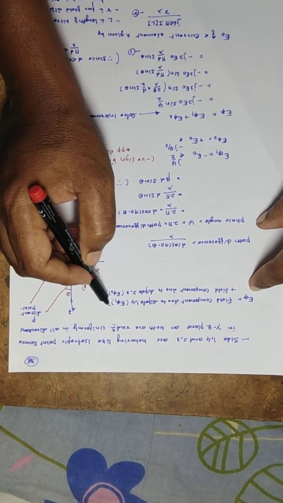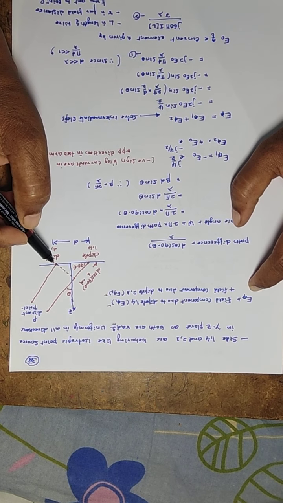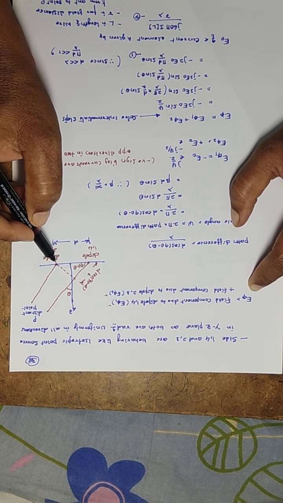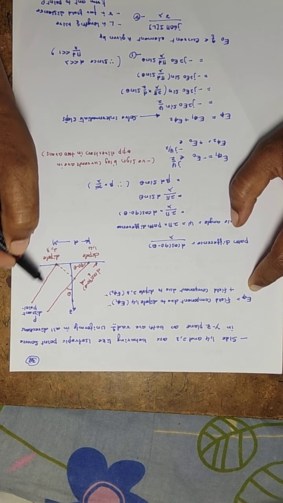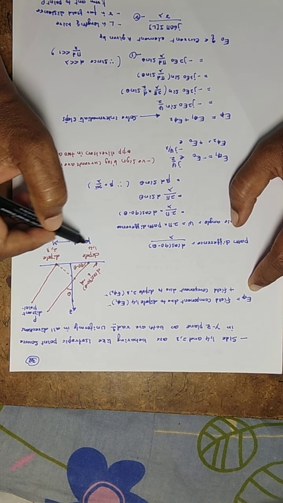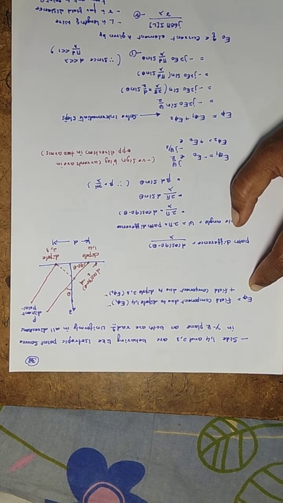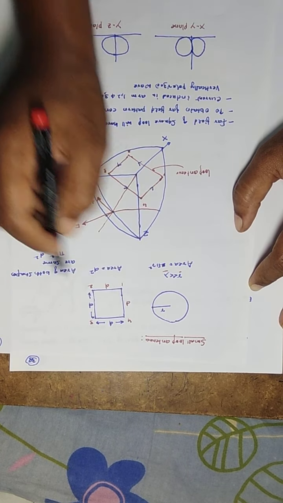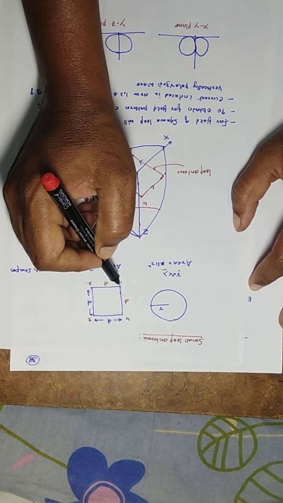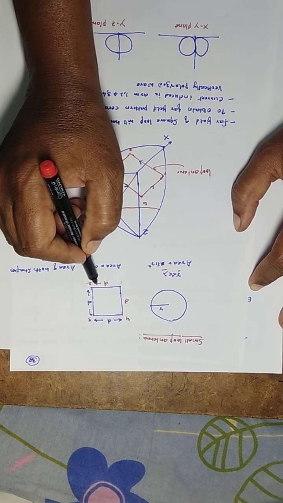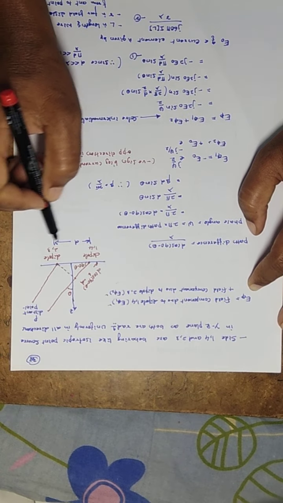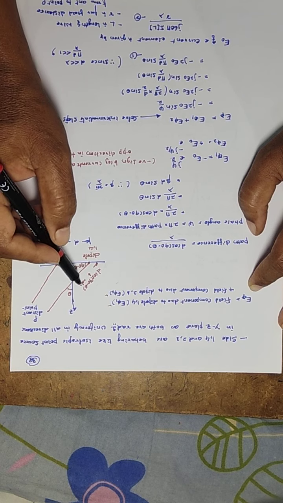I call them E phi 1 and E phi 2. This is the dipole due to the 2, 3 arm. This is the dipole due to the 1, 4 arm. Point sources I have considered. And this is the path difference. If I call the dimension D, here I have not shown it, but the dimension of this one is D. This is also D, this is also D. So the distance between 1, 4 and 2, 3 is D. This is one point source, this is another point source. So this is D, and this is the path difference.